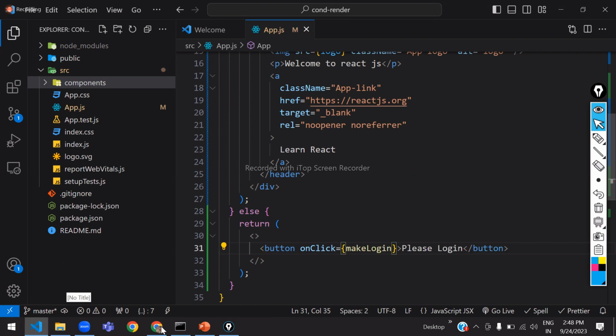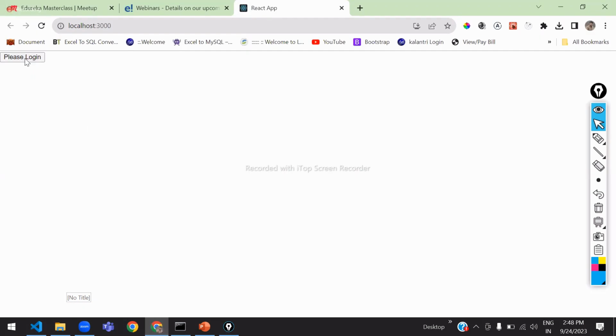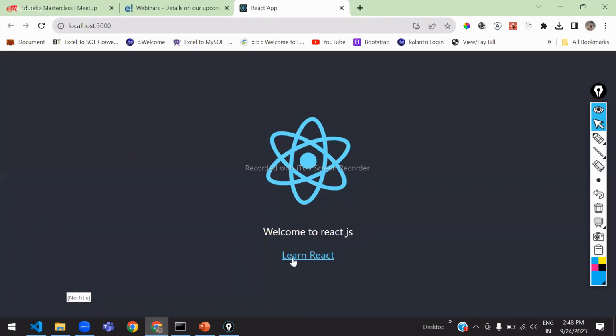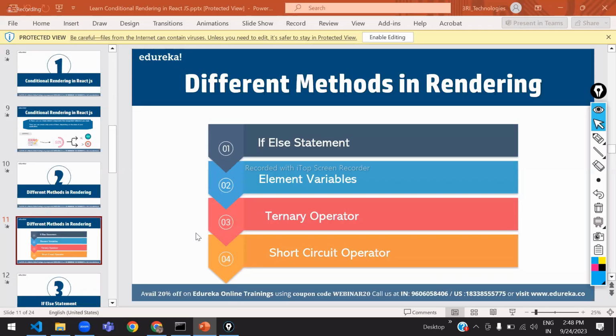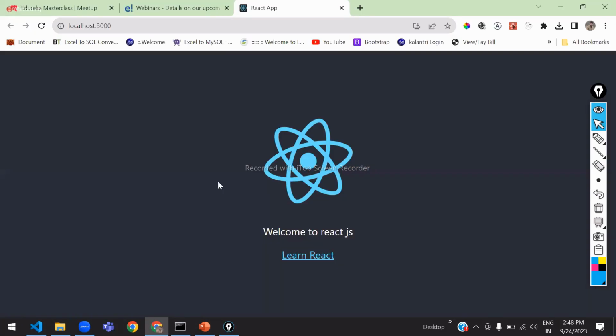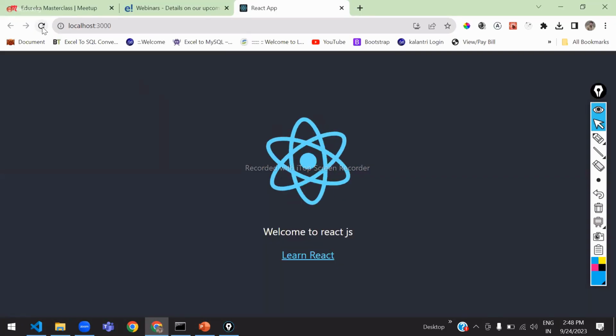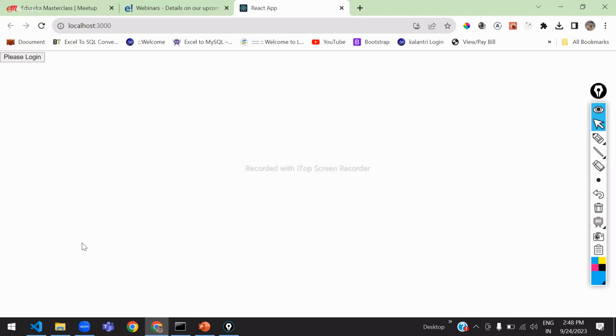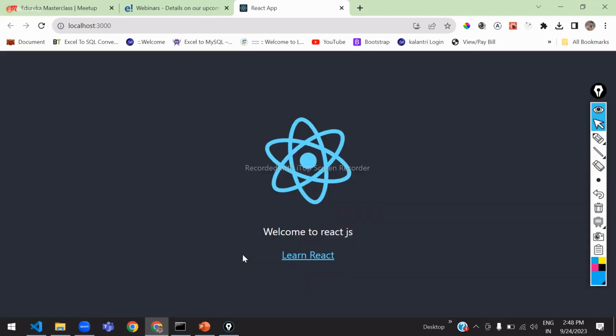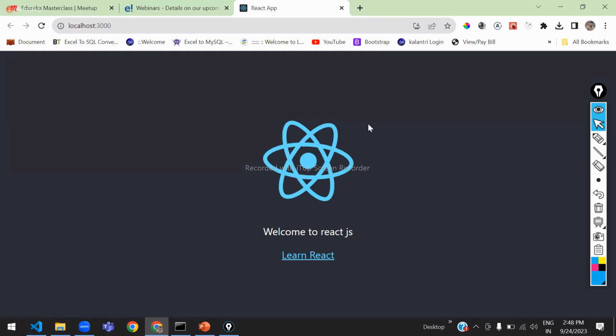Now the magical thing is that if I click on this login button, I must get welcome, and you will see that it's there. Okay. So again, if I refresh the page, on the page load the state will be false. It will ask for the login. So if I click on the login, you will see the state has been changed